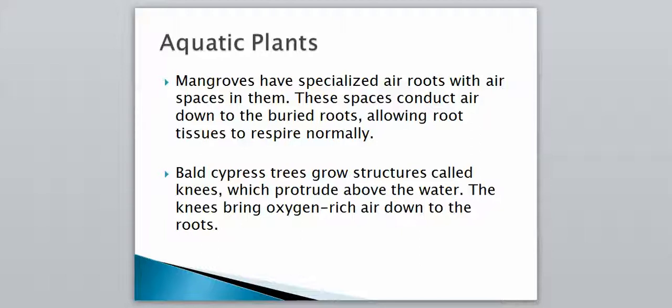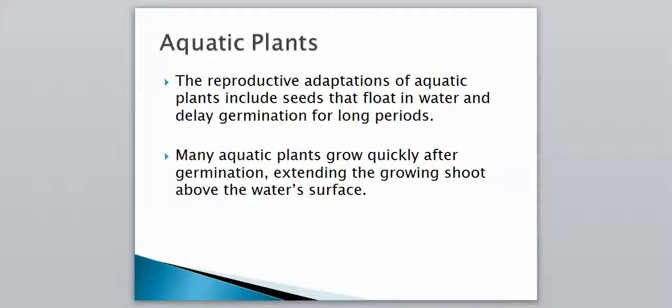It's basically impossible for the roots of aquatic plants to take in oxygen when they're buried down underneath the water and in the mud and the muck. So an air root is one structure, and a knee is another structure that will help bring oxygen down into the roots. And then the reproductive adaptations of aquatic plants include things like seeds that float in water,